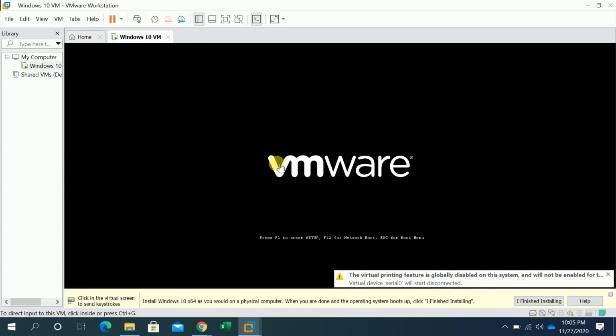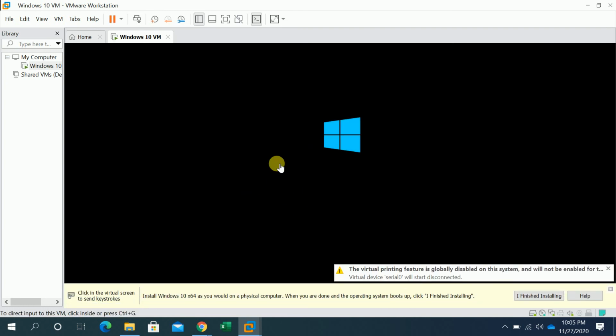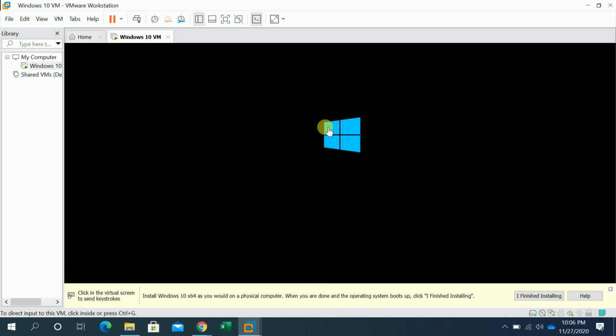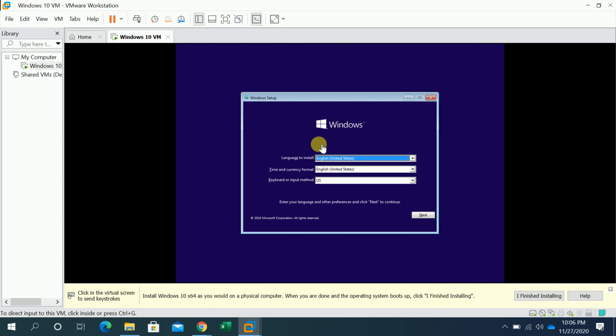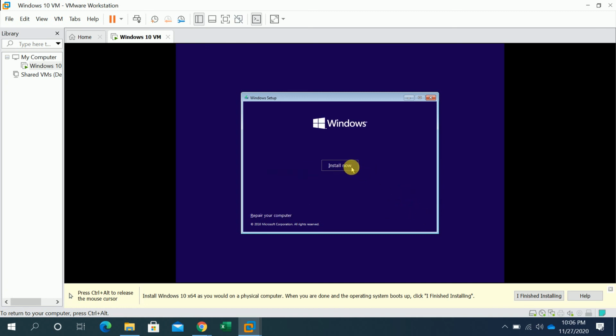This is the process of the virtual machine, and it will automatically install Windows 10, because you have already assigned everything to the machine. This is the normal process to install Windows 10.